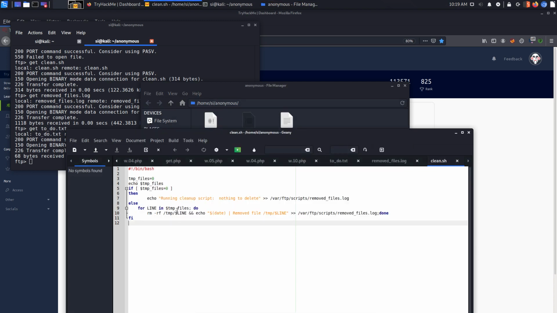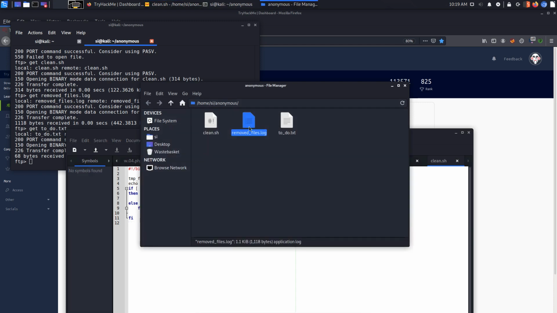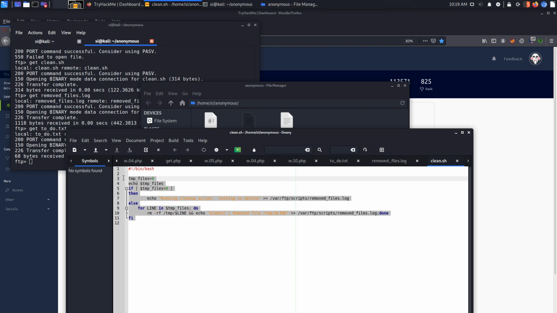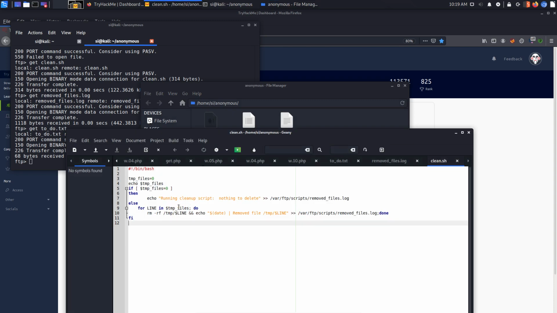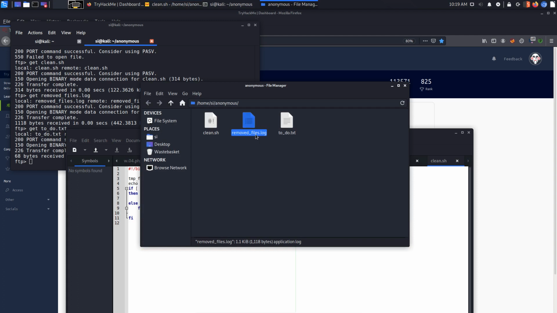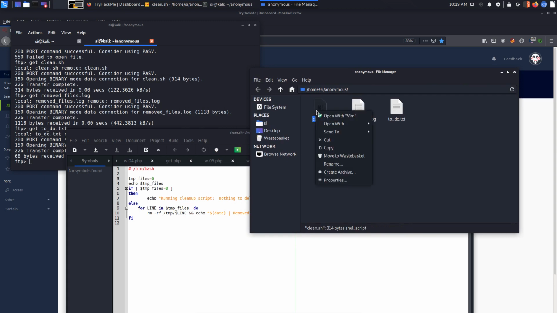Else, for line in temp files, remove line. Okay. And echo the date. Okay, so it's going to remove files and actually echo the date in here. So basically, it looks like this clean.sh file is actually being run, and it's producing this removed files.log. So I think what we can try and do